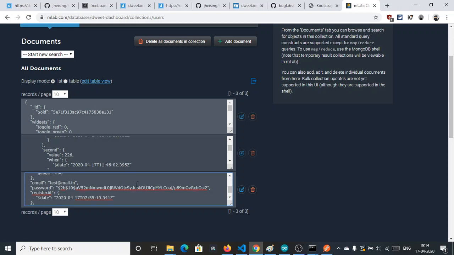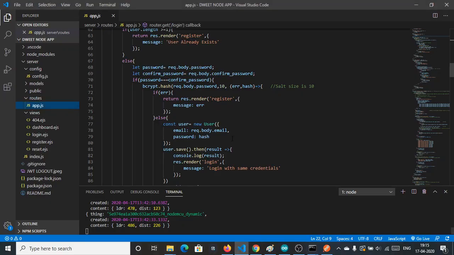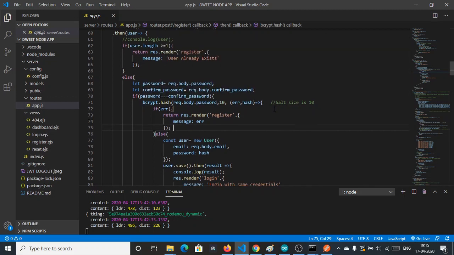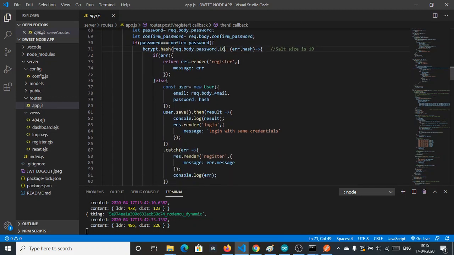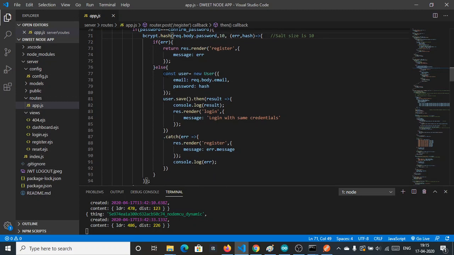The information you are storing is very sensitive, so it's preferable to use hashing. And in Node.js we have used bcrypt.js to hash the password with salt size equal to 10, as you can see here. And after the hashing is completed, we have created a new user.